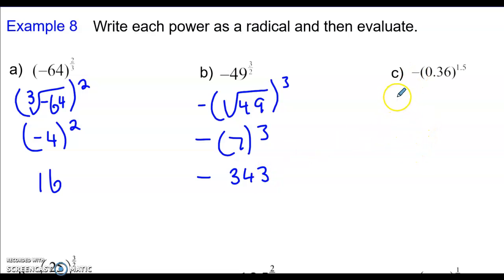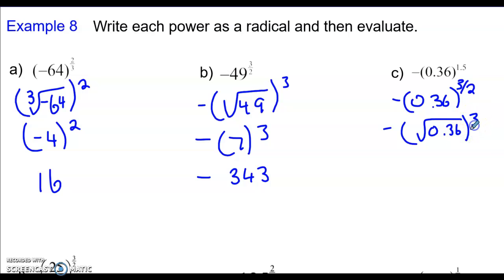Over here again, the negative is not part of the base, it's in front. So we have our negative sign, and then we have 0.36 to the power of 3 over 2, because 1.5 is the same as 3 over 2 when written as a fraction. That gives us the square root of 0.36 cubed,